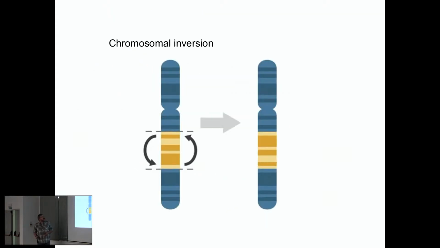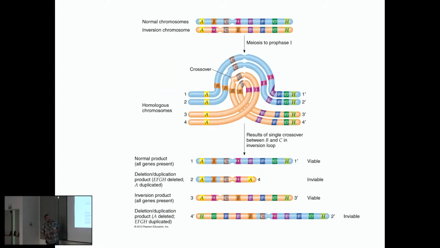So this is kind of what we were thinking, that in chromosome 1, we have some individuals that have this block of the chromosome that is inverted. And when that happens, we could expect something like this. You see here we have a blue chromosome and an orange chromosome. The two have the same genes, but in the orange chromosome, the genes B, C, and D are inverted, in a different order.